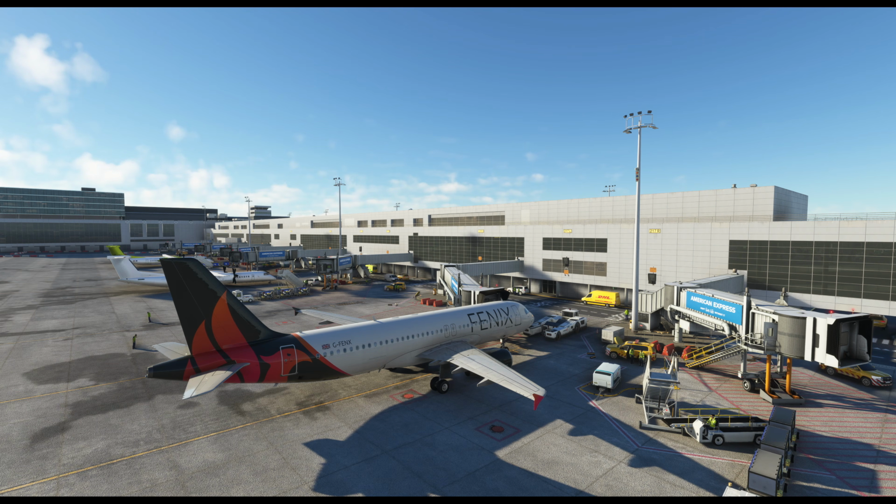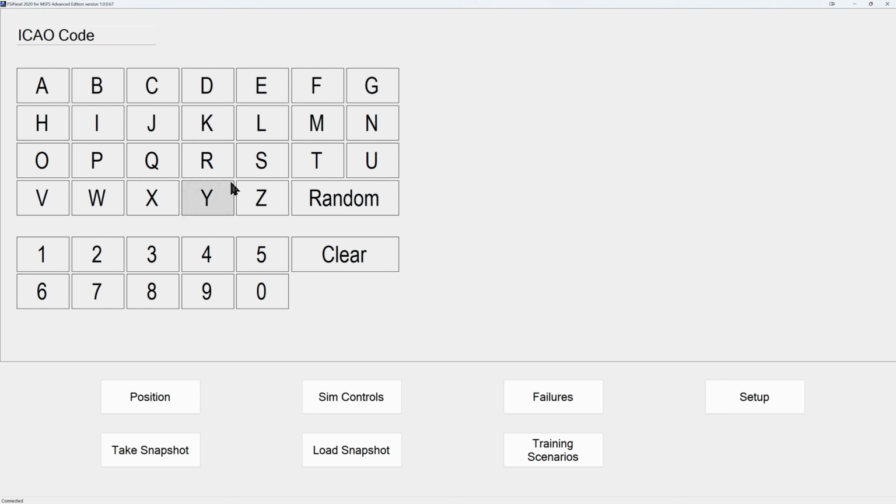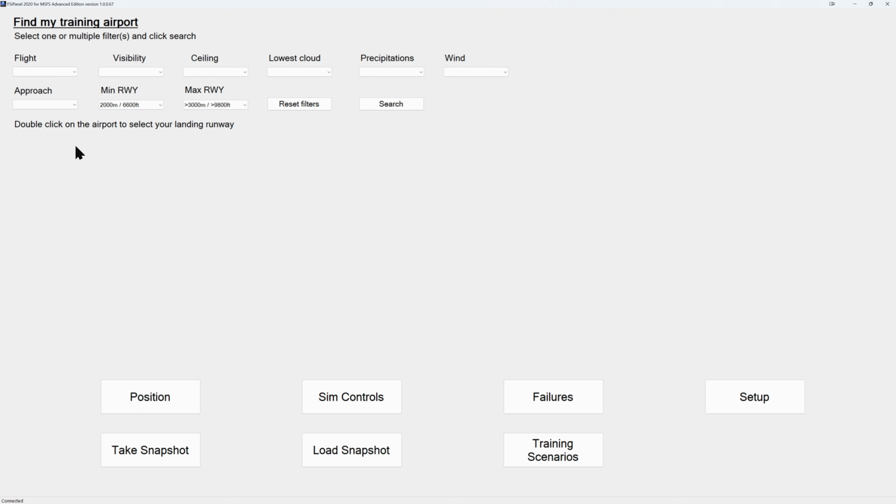So yes, it's not the most productive way of practicing your approaches, but let me show you what this piece of software will do. FSiPanel will either recognize the airport that I am at. In fact, it's recognized I'm at Brussels International Airport, EBBR, but you can actually select the airport that you would like to be at, and you would navigate to the runway there, or you can even request a random airport,